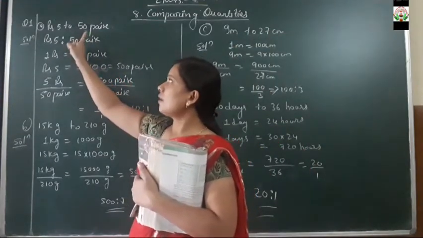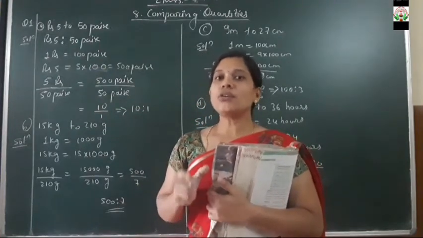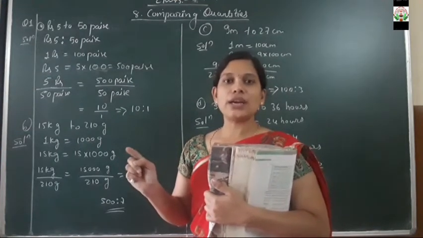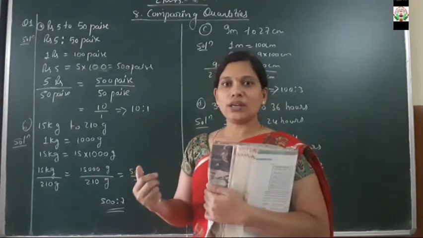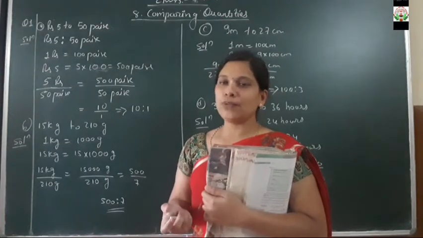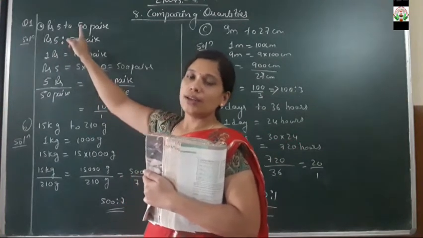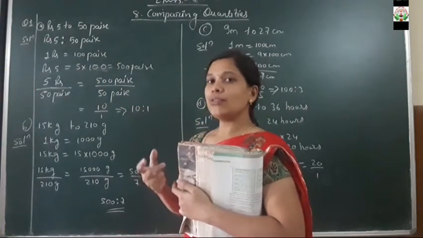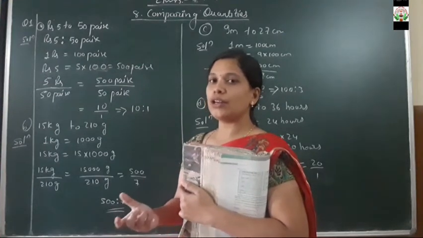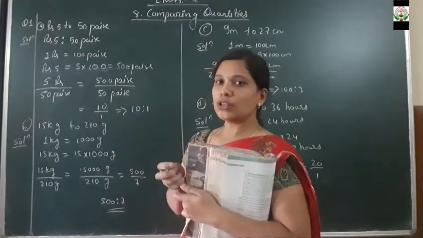Since, as we know, while finding ratios, the unit of the ratio should be the same. That means when we write a is to b, equal to a upon b, the unit of a and b, the numerator and denominator, should always be the same in a ratio, only then it will divide. So look at here, rupees 5 and 50 paise. One is rupees, another one is paise, isn't it? So what we have to do, we have to convert one of them into the same unit. Since both have different units, the value of a is to b is rupees 5 to paise 50. So we have to convert one unit to the same unit.